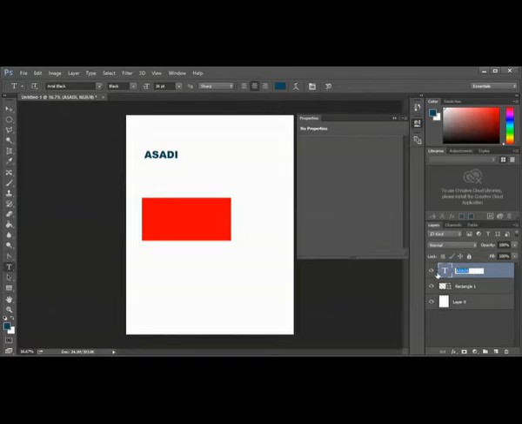I'll say text layer. So we have the layer at the bottom, then we have a rectangle and we have the text.